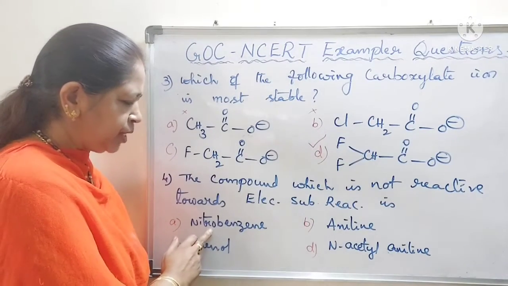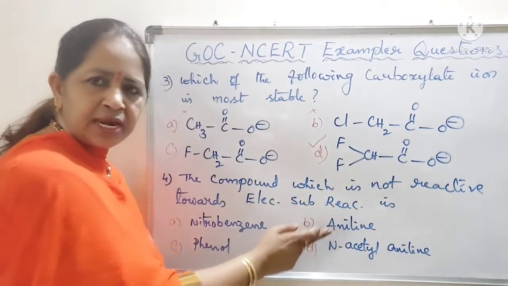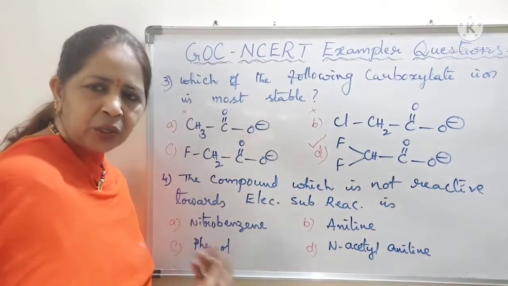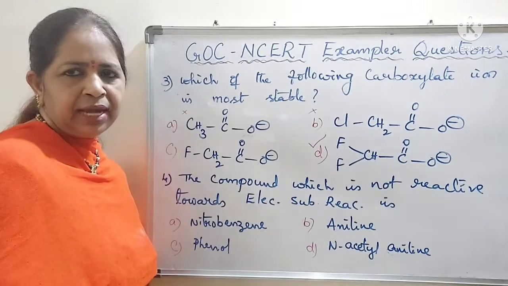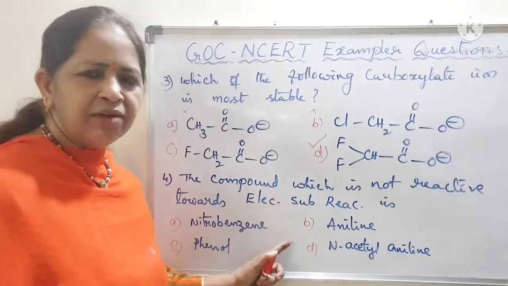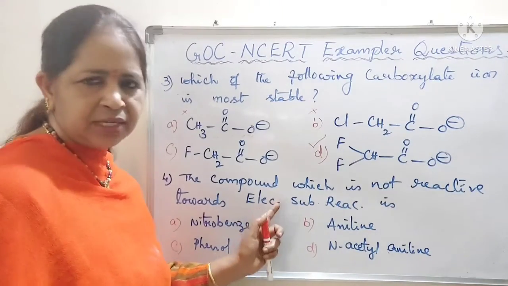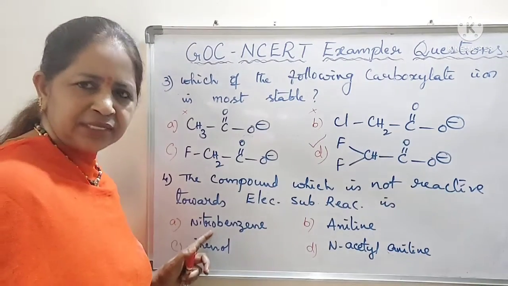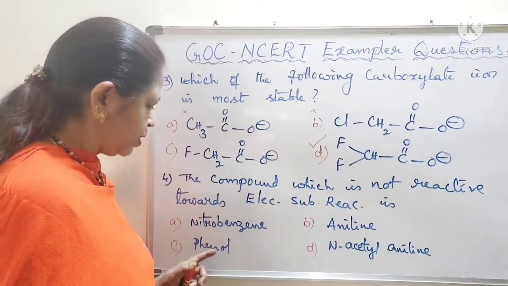So, nitrobenzene is the correct option. And in this, aniline, NH2 and OH, they are electron donating groups. They are strong electron donating groups, so they will activate the benzene ring. And what is the order of reactivity of these 4 groups? It is not asked in the question, but this nitrobenzene is least reactive, and among aniline and phenol, this phenol